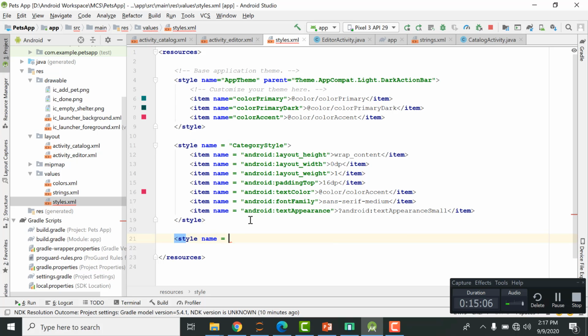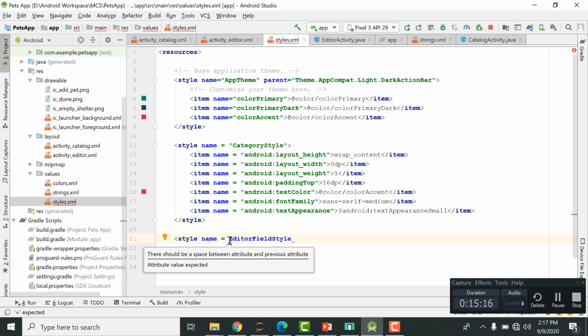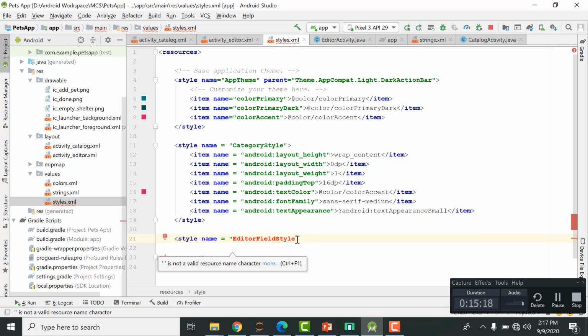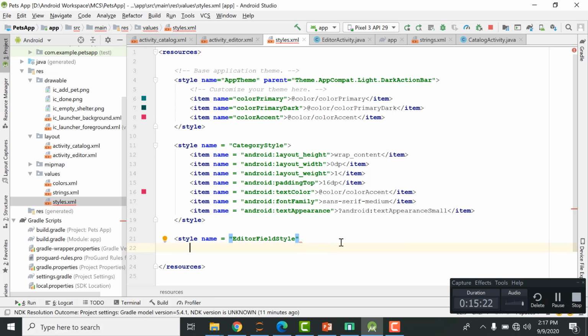So the name is editor field style. Okay, and the items are